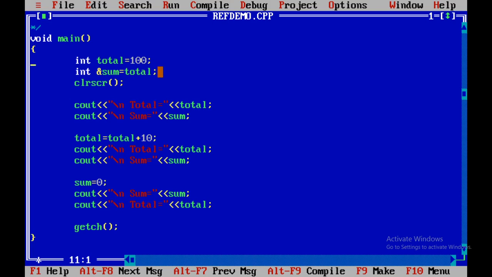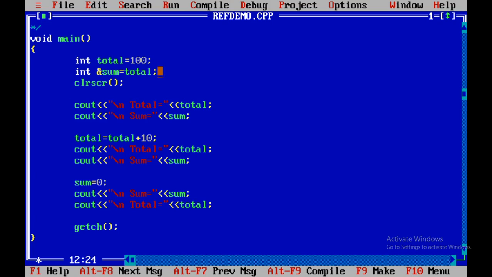Remember that the initialization of the reference variable must be done at the time of declaration only. Means sum is declared and initialized by the value of total. So that means if sum is a reference variable for total, the value of sum and the value of total will be the same, 100. Now how is it done?